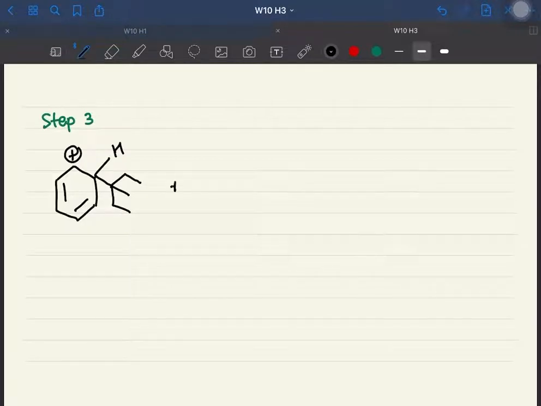To react with the AlCl3. So we have AlCl4 negative with the Cl. First, the bond between this Al and Cl will break, forming a negative charge. This negative charge of Cl will attack the hydrogen and retain the double bond inside the benzene. And lastly, our product is going to be